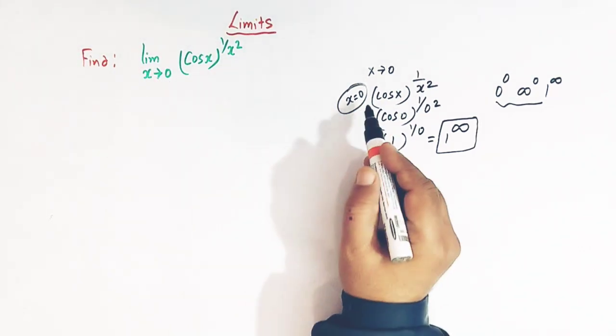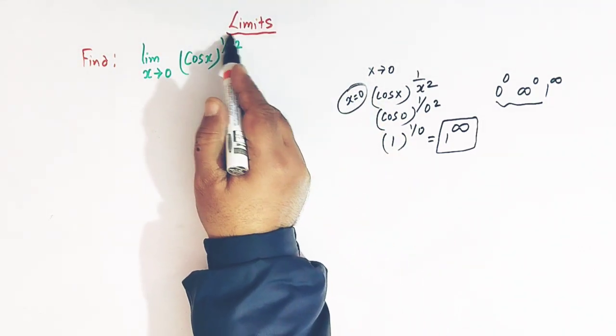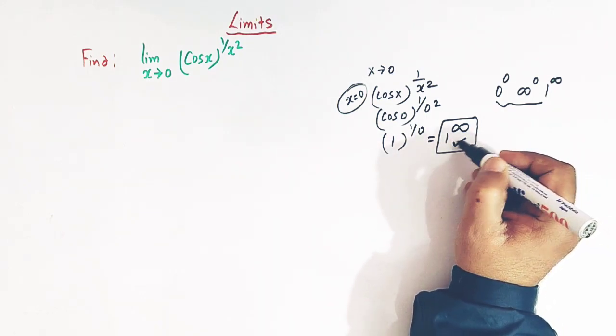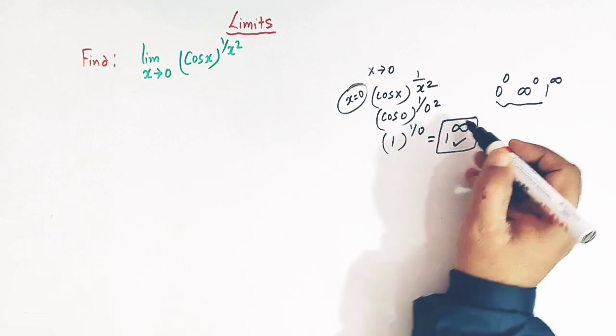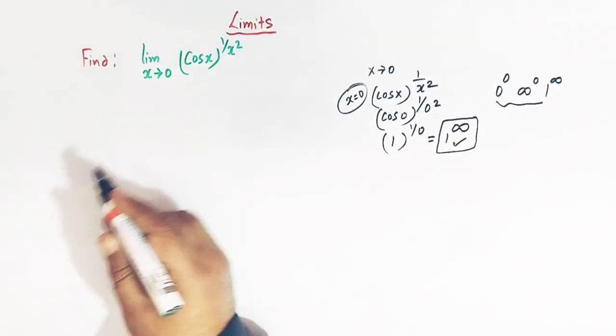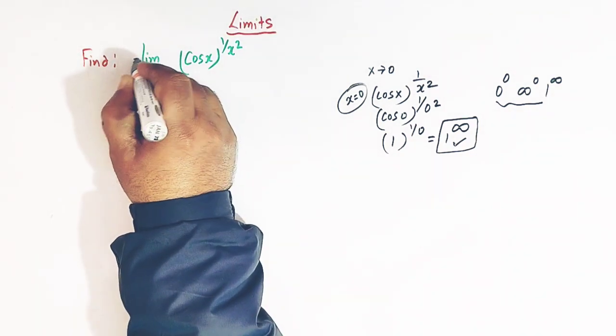So here, by taking x is equal to 0 in this function, we get this indeterminate form, 1 raised to infinity, right? So we'll use the L'Hopital's rule, but before applying the L'Hopital's rule, let us take this limit as